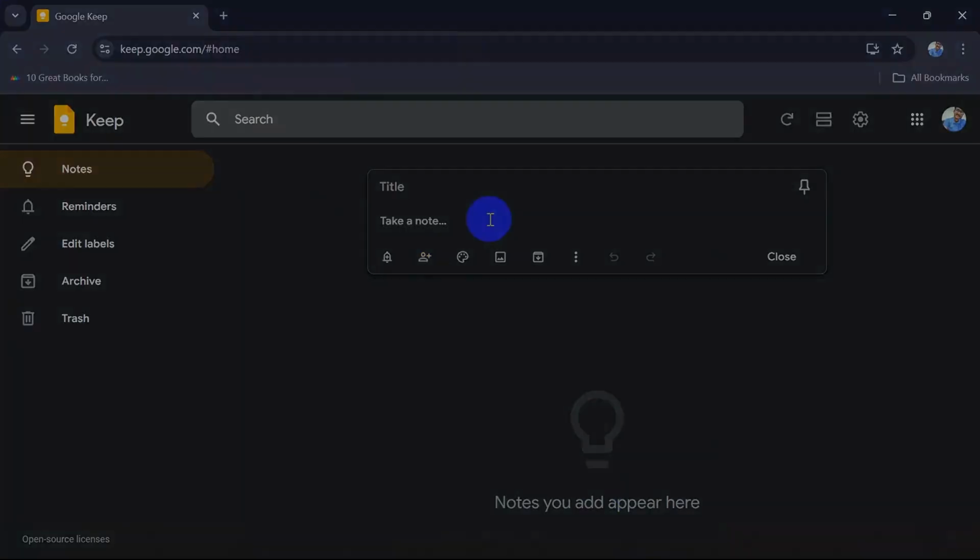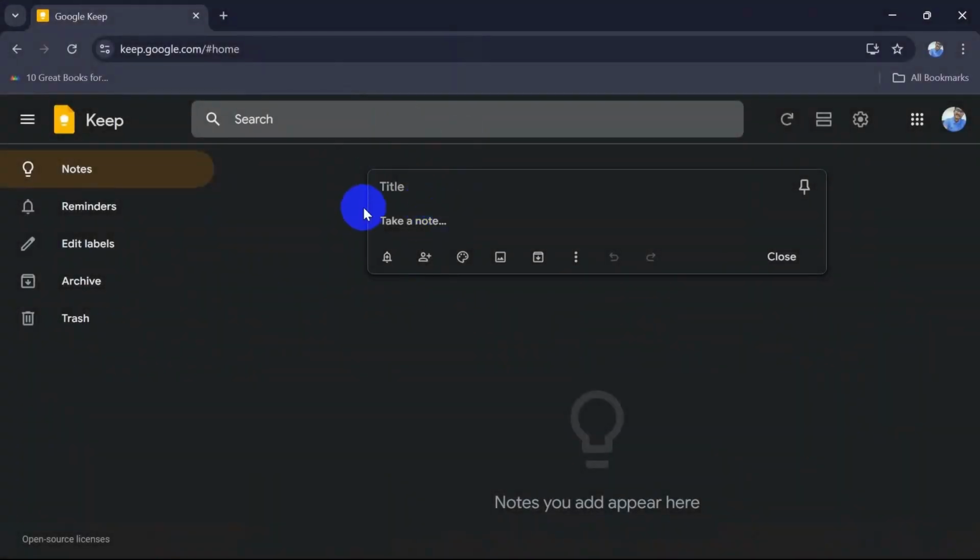So first, open a note. You can choose any note app, but I will choose Google Keep Note. And here I just want to type https, colon, slash, slash, wa, dot,